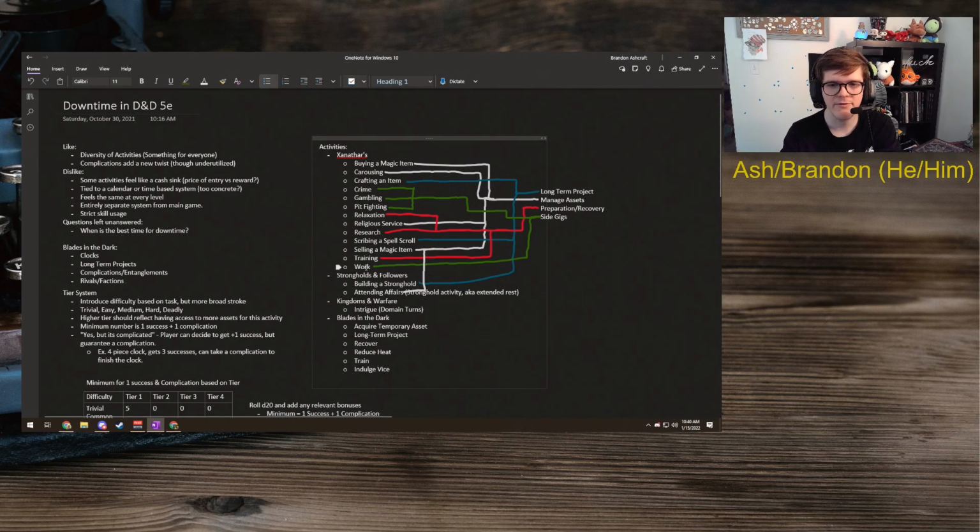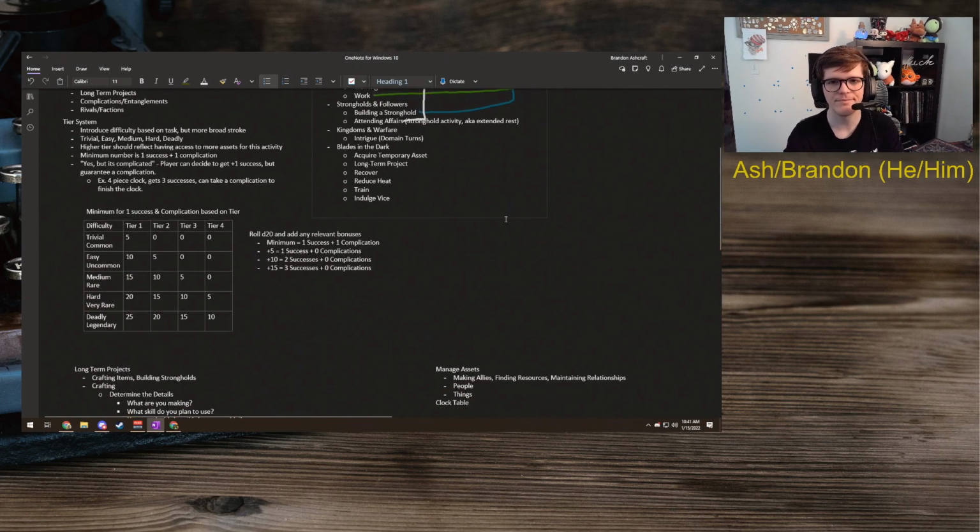So we had crime, gambling, pit fighting, and work. My other thing about this is they're all essentially the same thing, but have drastically different rules. And I'd rather see a centralized system for that. The work may end up being like, if you're not doing anything that requires a roll, it's probably this base sum for that week, or depending on how many successes you get. Whereas pit fighting, gambling, and crime probably is still going to have that 3 roll system, but the way you set the DC is going to be different. But again, we'll get to that when we get to that.